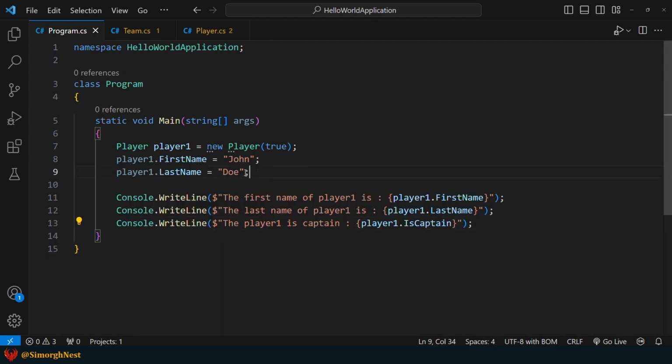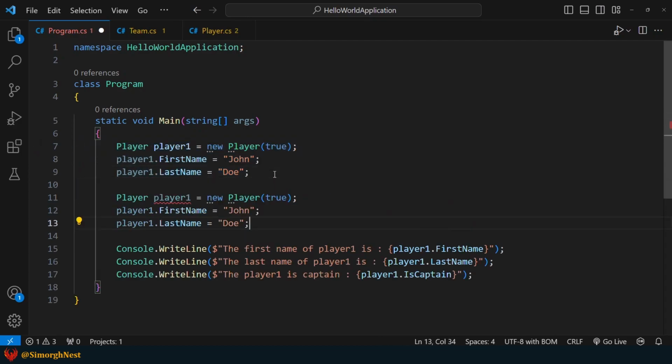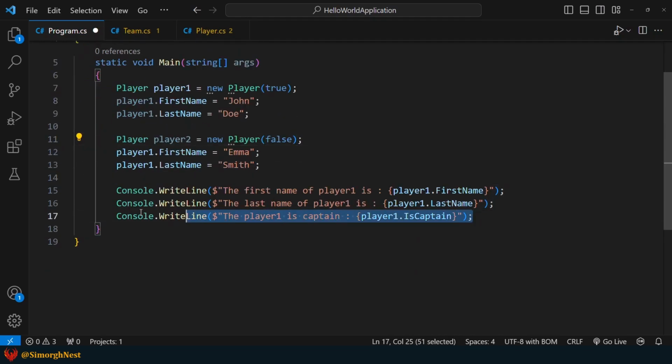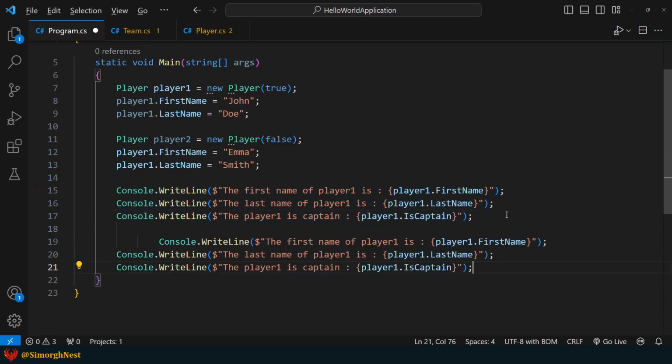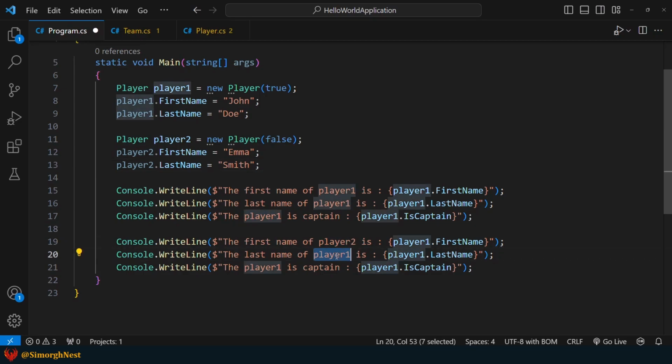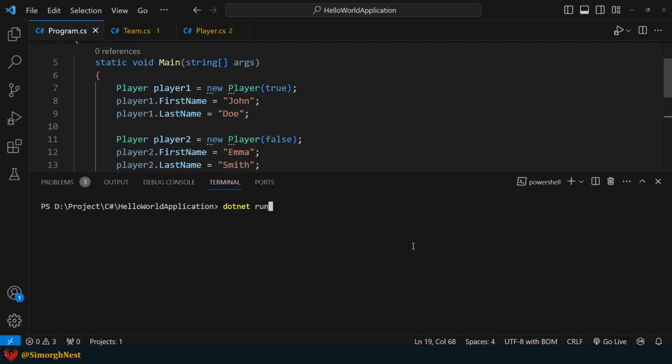Alright, let's create another player and display its data as well. This time, we'll set this isCaptain field to false. Let's run the application once more.